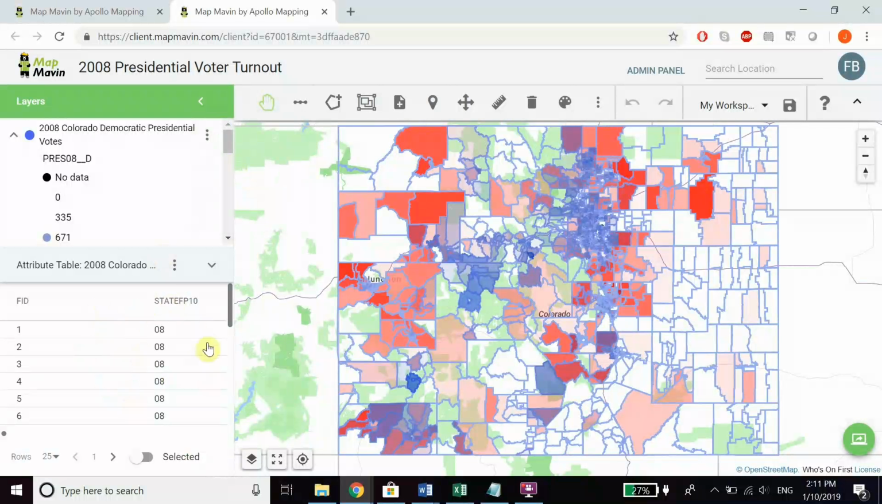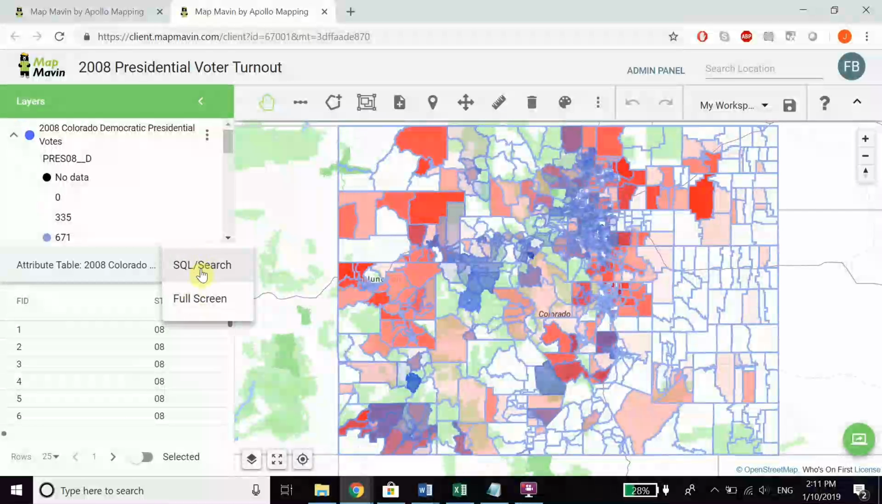Our attribute table pops up at the bottom left-hand corner, and you can see that we've just recently added a hamburger for the attribute table itself. If you click on that, it gives you the ability to either expand your attribute table to full screen or go right to an SQL search. So if you went to full screen,